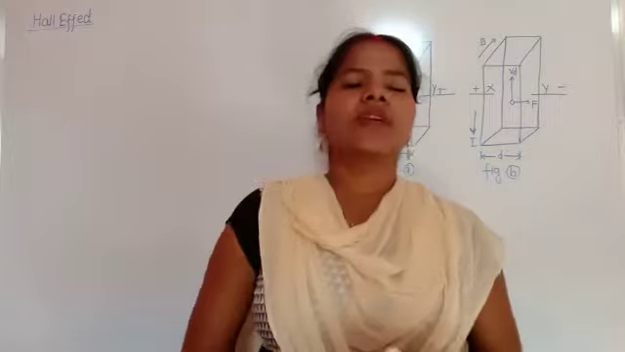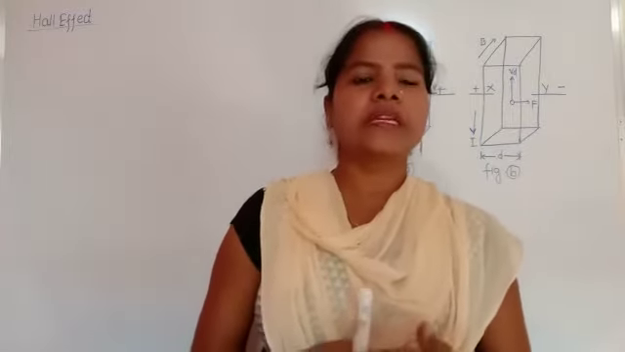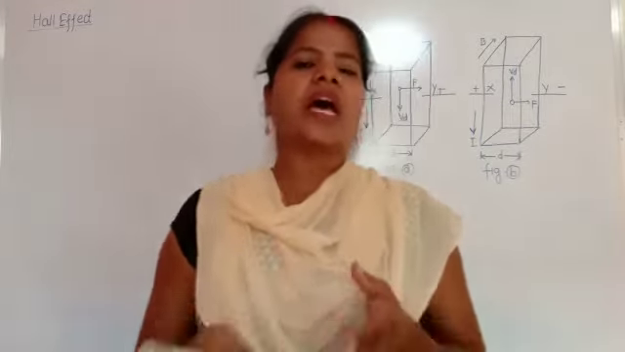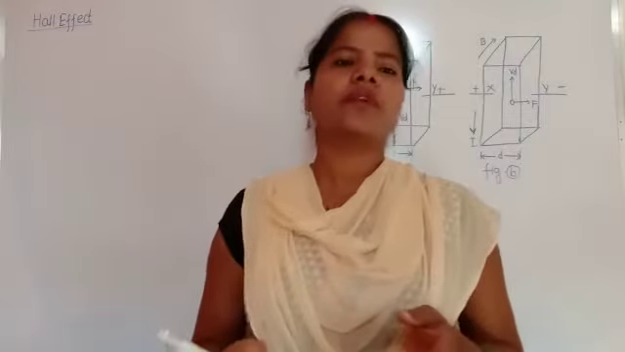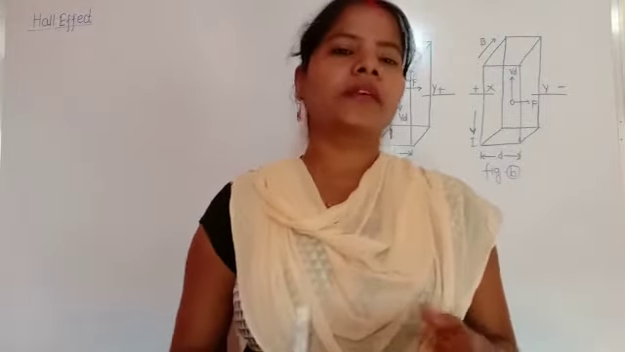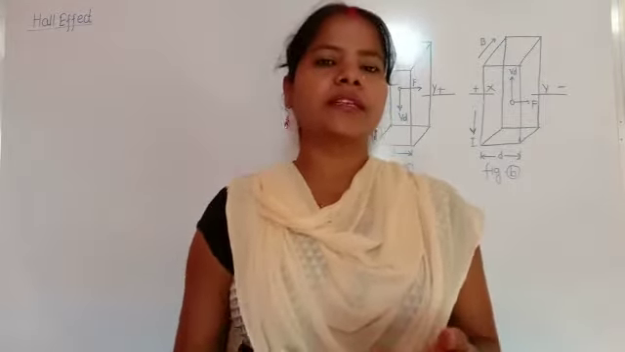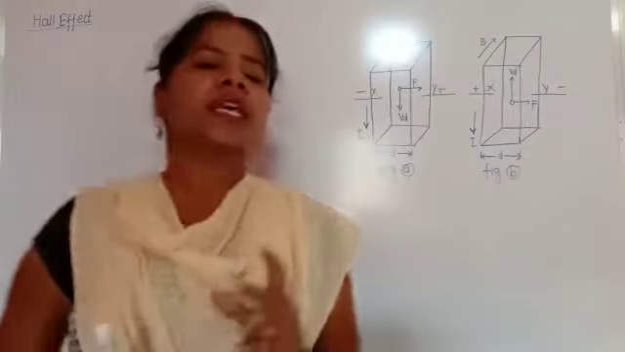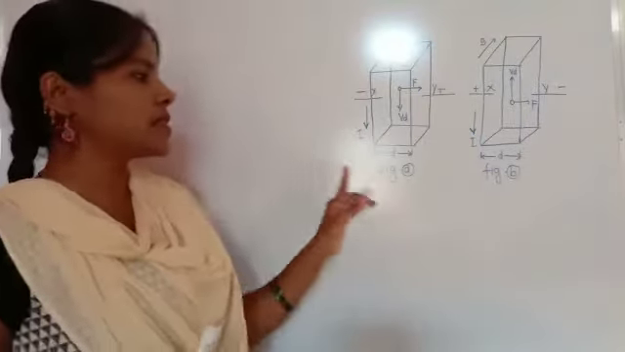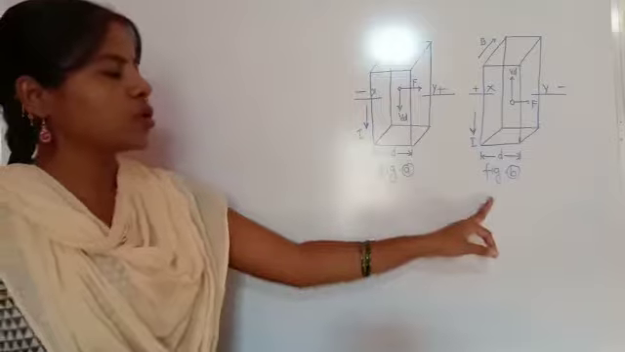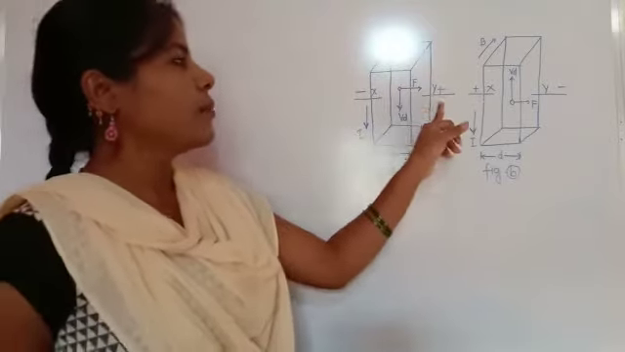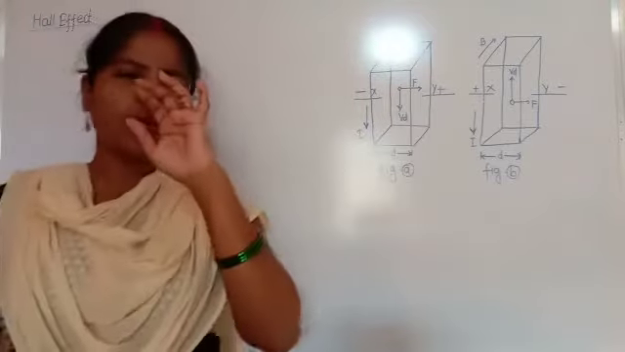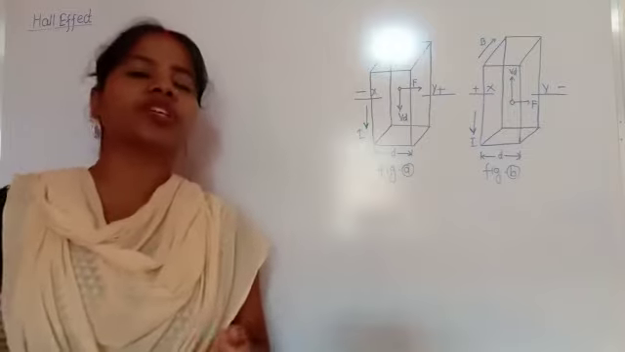In the previous class we started the new topic, the Hall effect, and half of this unit was completed in the previous class. The other half continues here in today's class. In the previous class we saw two diagrams. These two diagrams complete the topic, that is, how can we differentiate the charge